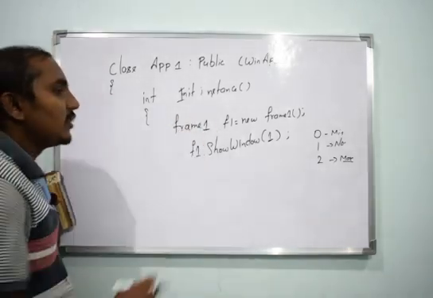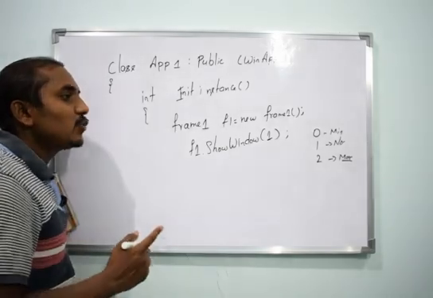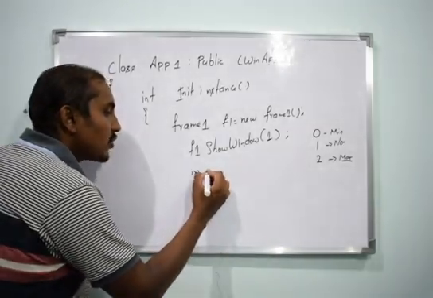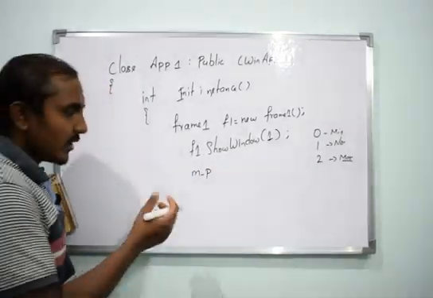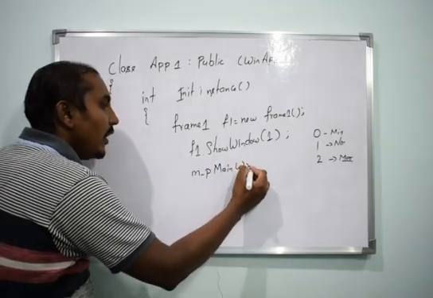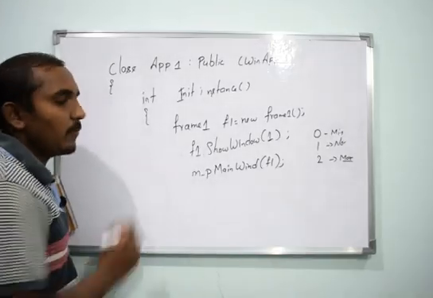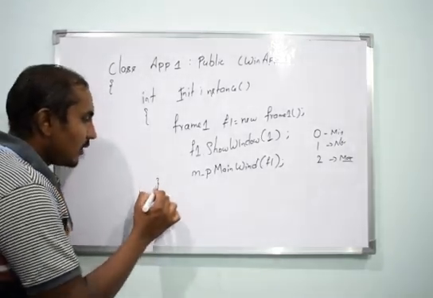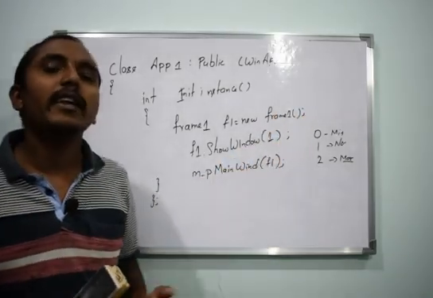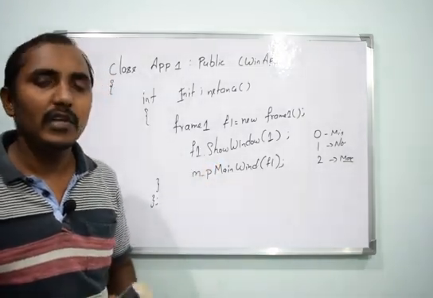After creating and displaying this window, I need to make this window the starting window of the application. For that we have an inbuilt method called m_pMainWnd, where we make it the main window. And what is that main window? That main window will be f1, that is frame1. That completes our program for creating an application with a single frame and displaying that frame. It will be empty.